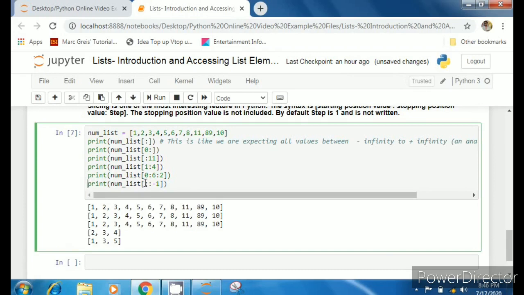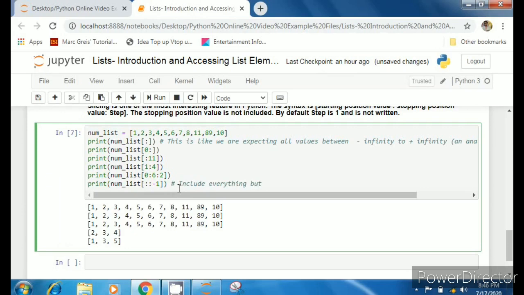This is a special function. I have written a colon here. This is similar to the first num list colon, then another colon, and then I have written -1. Now this -1 is not the index position. This is written in the section of step.